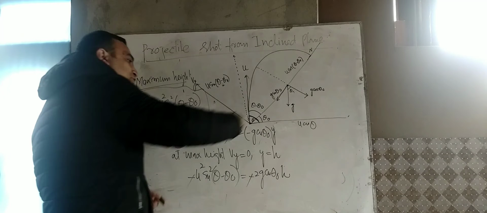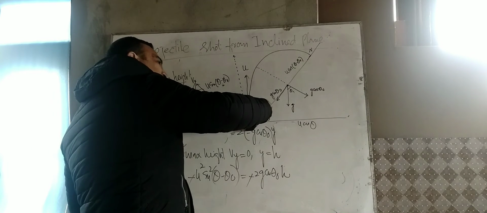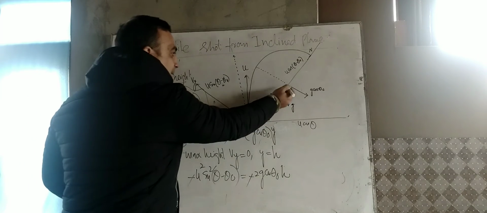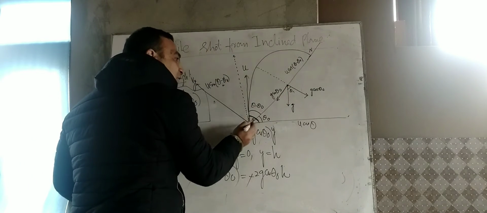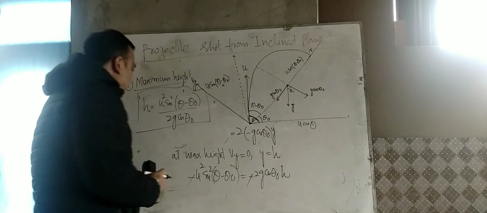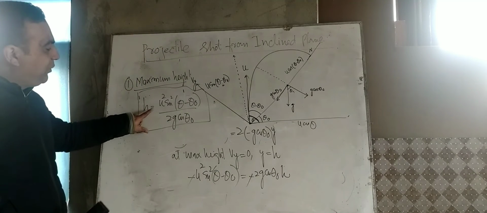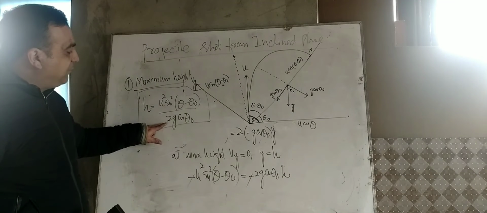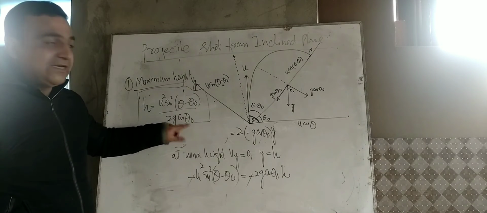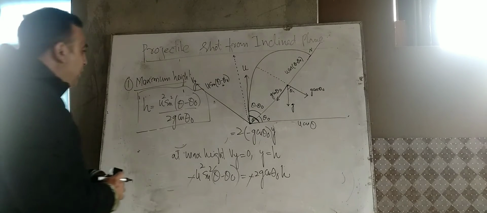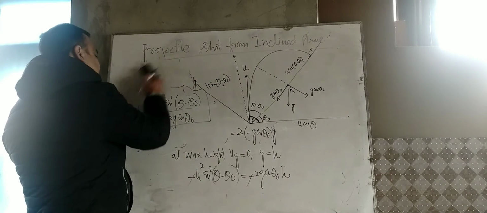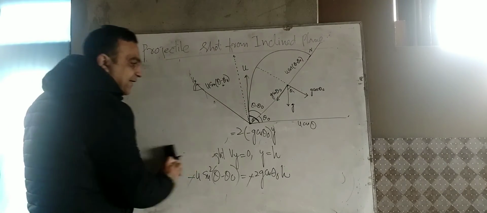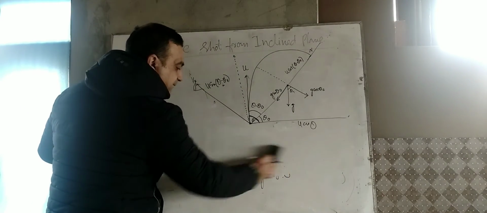When you are shooting a projectile with respect to an inclined plane, and if you want to measure the maximum height of this projectile with respect to this inclined plane, that height comes out to be u square sine square theta minus theta naught divided by 2g cos theta naught. Now, the next important parameter that we should try to evaluate is